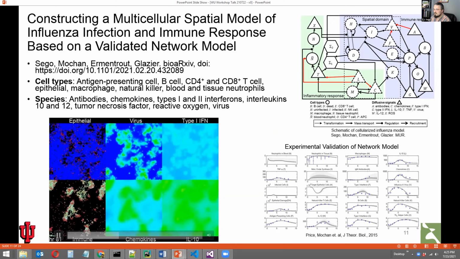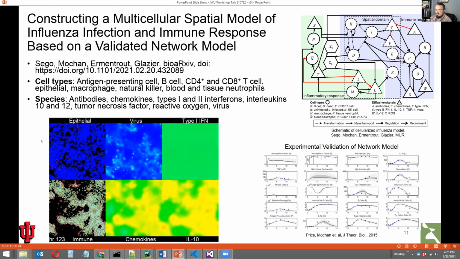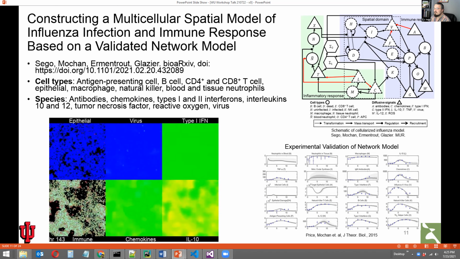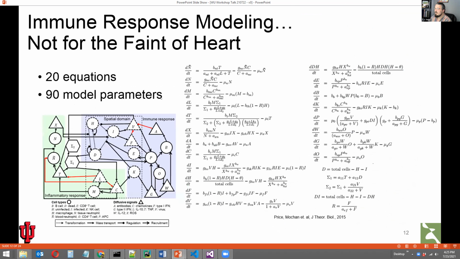This is a demonstrative example here. This is a 1 by 1 millimeter patch over the course of 2 weeks. And this model consists of 20 ODEs with 90 model parameters.